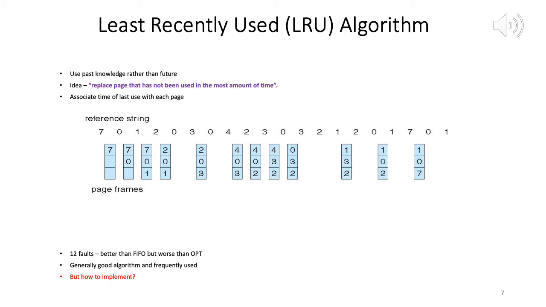And then again we have a page request for 3. So among 4, 0, 2 we pick 0. Evict that, put 3 in its place. 4, 3, 0 is what we have. Next request is for 0. So among 4, 3 and 2 we evict 4. So we have 0, 3, 2.